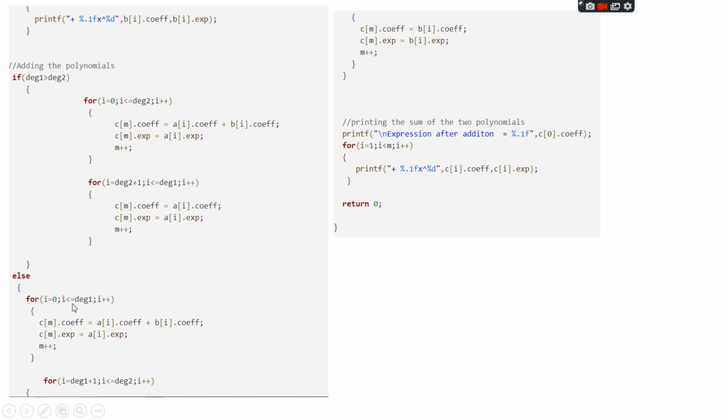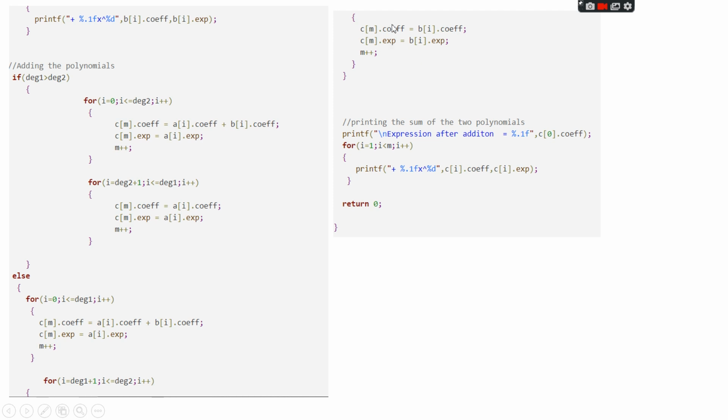So degree 1 is less than degree 2, and that's the reason we have taken I equal to degree 1 plus 1. So we'll be running cm dot coefficient equal to b of I dot coefficient. Here the leftover coefficients are being added to cm dot coefficient. Similarly, the exponent is also getting added, and m plus plus for running the C loop.